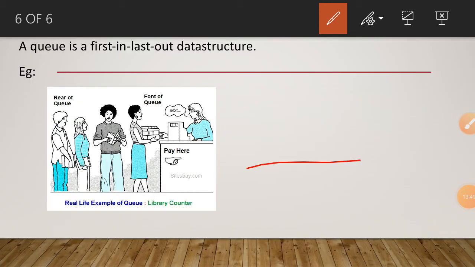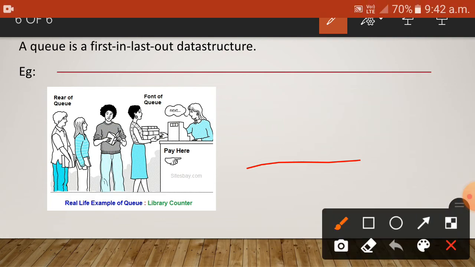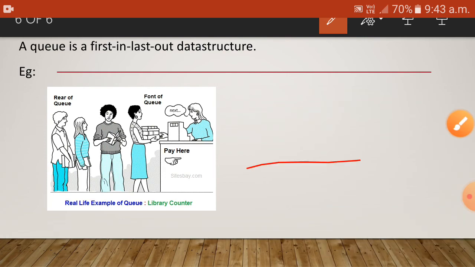So a queue is a first in first out data structure. If the queue is assumed to grow in a higher address, then elements are added at the higher end and the elements are removed from the lower end. So in the queue, elements are inserted from one end and deleted from the different end. In a stack, insertion and deletion are from the same end. So in a queue, it is inserted and deleted from different ends, that is the front end and the rear end.